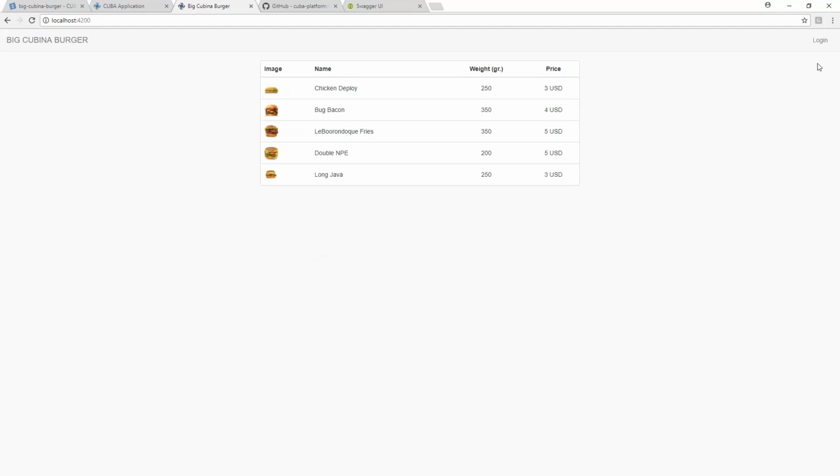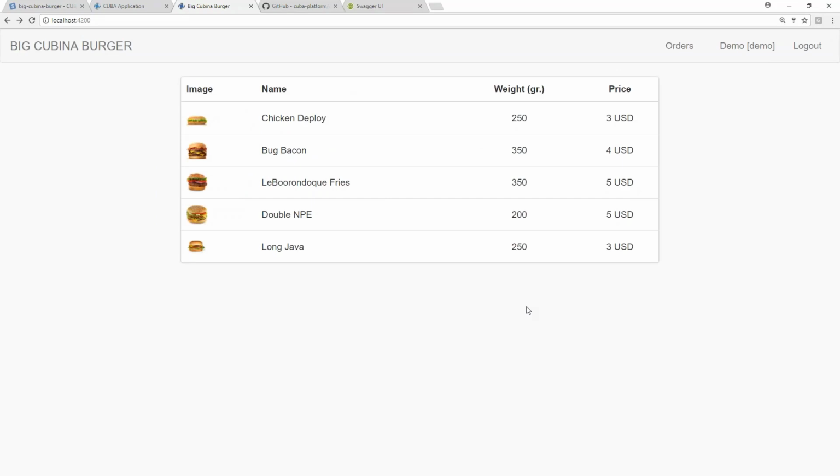And let's try to log in. So we see additional elements have appeared on the navbar. This is because we use a special Angular directive called ngIf within the HTML template to check if user info is not null. In other words, we show additional functionality only for authorized users.